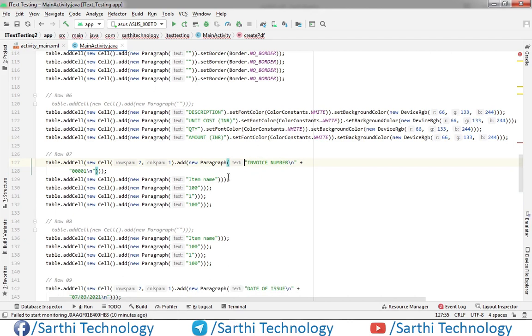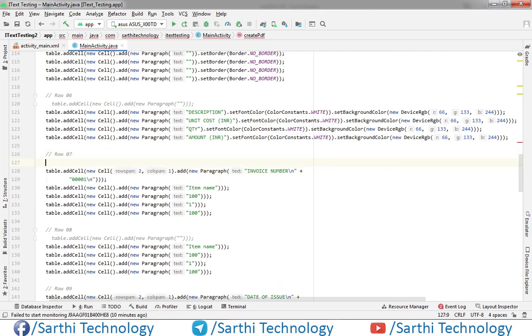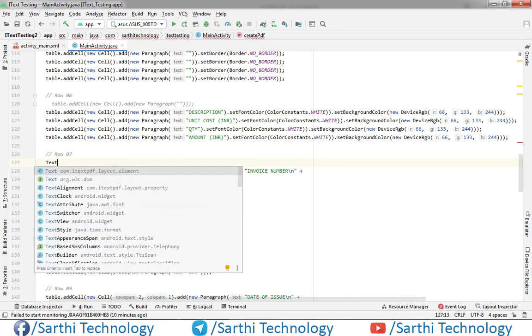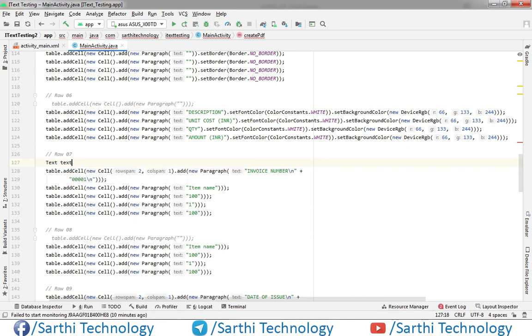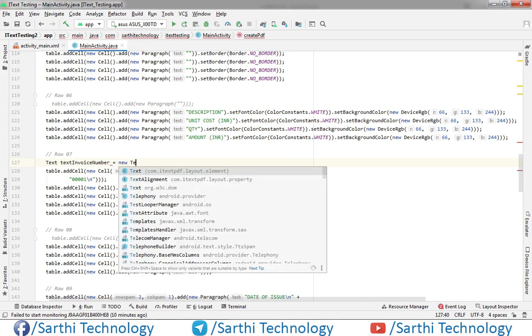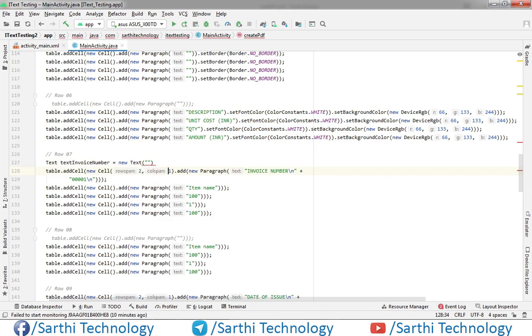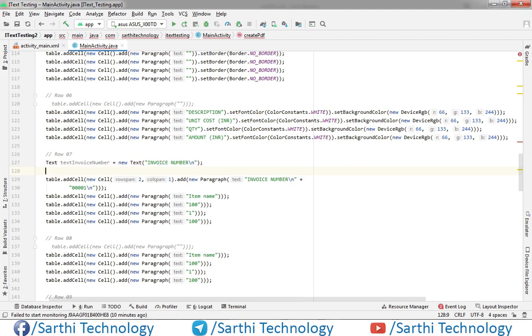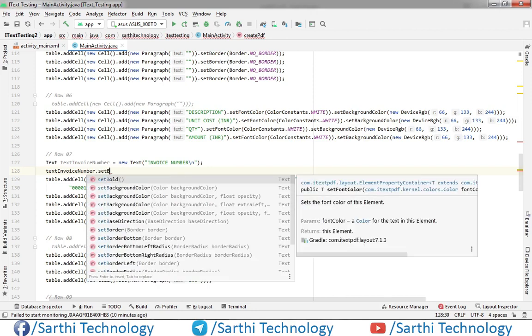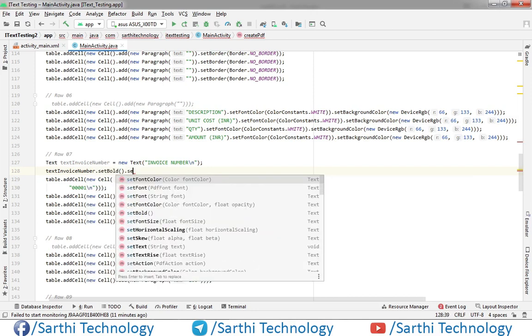So text invoice number, and here we will put this text invoice number semicolon, text invoice number dot set bold dot set font color.